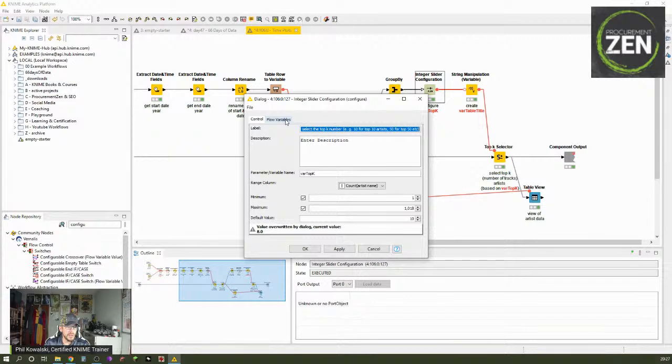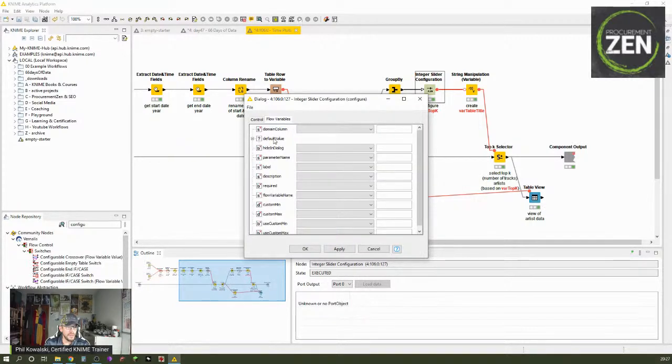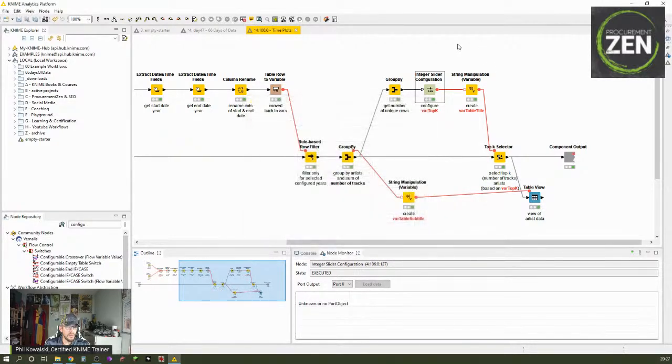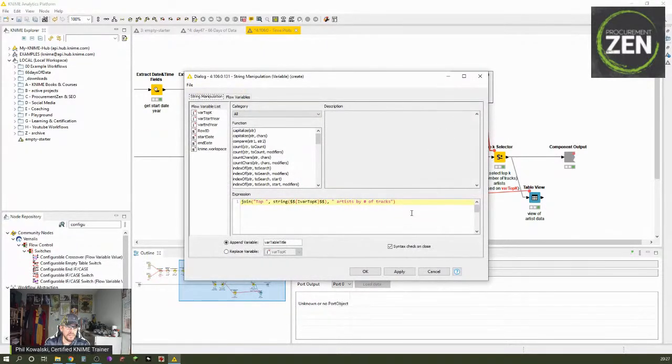Let me just look. We want to also set the default values. All right. So that is basically overwritten by what the user used, and then we use that to create a variable that says the top X number of artists, like top 10 artists by number of tracks, top 40, top 80, whatever you chose, and feed this into a new text variable that's called var table